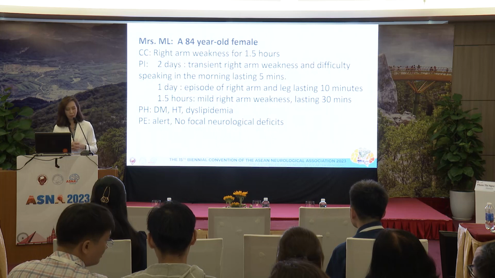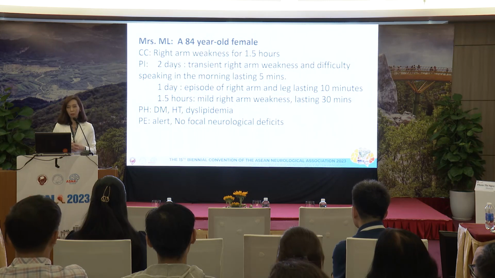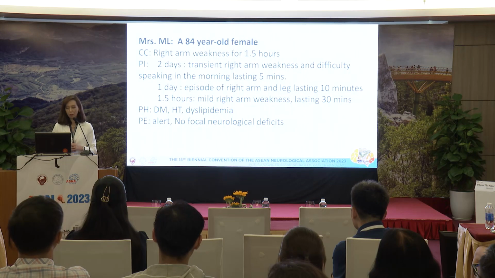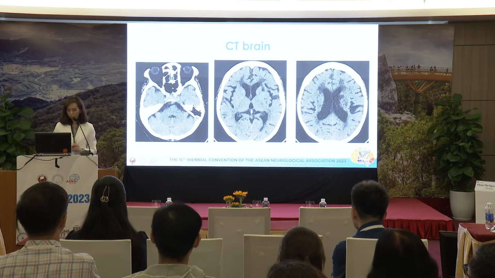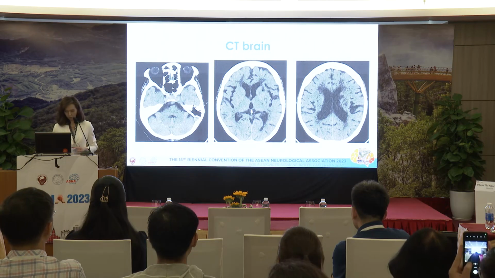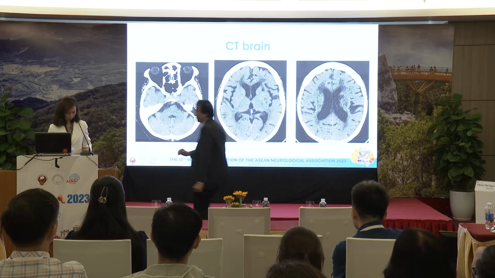She has a history of hypertension, diabetes, and dyslipidemia. On exam, when she arrived at the hospital, all the symptoms were gone. She was back to her normal state, with no neurological deficits. Of course, this sounds like repeated TIAs on the same side, probably in the hemisphere. It's not very stereotyped, meaning the TIA is not similar every time it happens. We did a CT scan of the brain, which shows some old lesions on the left side, maybe some old infarct, but she didn't have any symptoms from that.